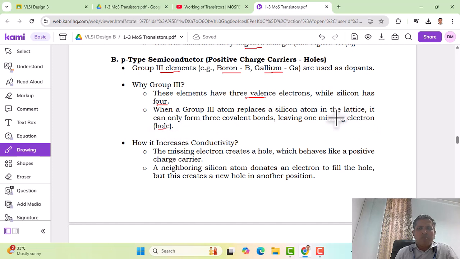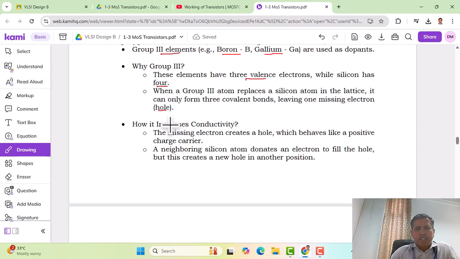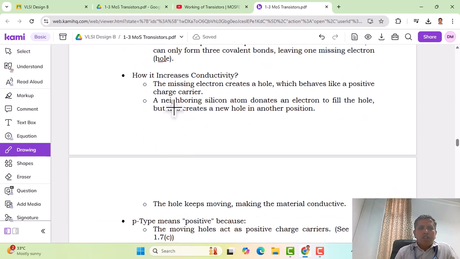The absence of an electron, or a missing electron, is called a hole. That means the group 3 impurity added to the pure silicon creates a hole in the semiconductor. So how does this hole increase the conductivity? The missing electron creates a hole which behaves like a positive charge carrier, and the neighboring silicon atom now